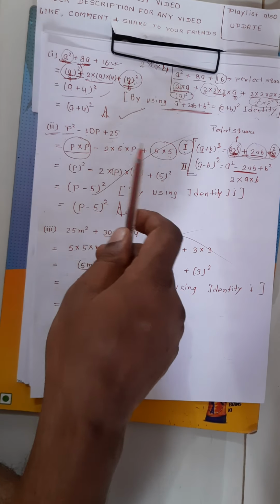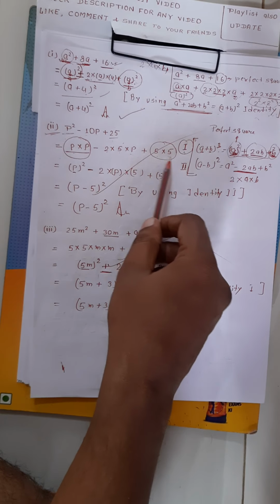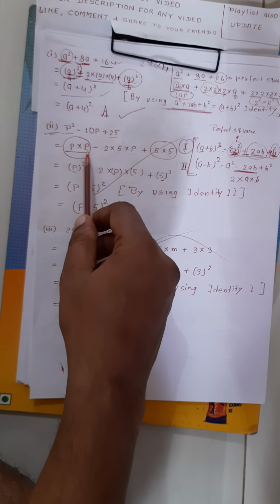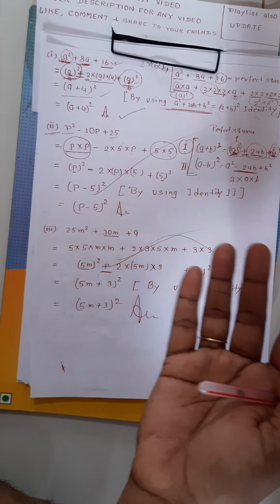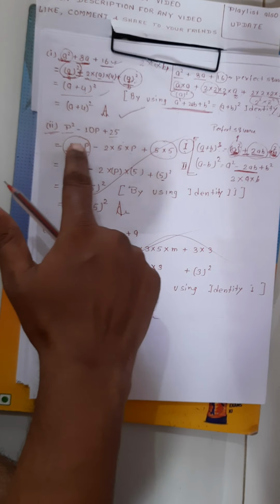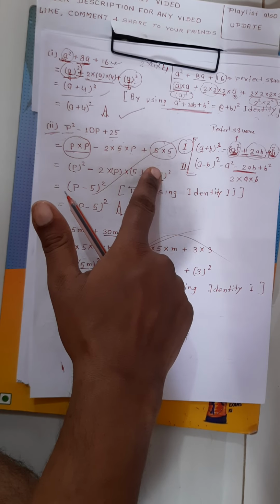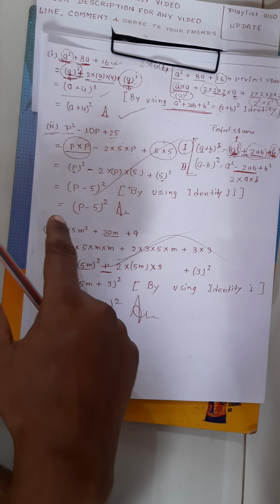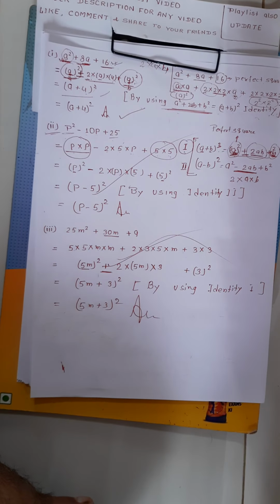Can we take out the common factor here? You check, p is here, p is also here, but p is not here. So definitely there will be no common factor, so we cannot take out a common factor from all these terms. So the common factor method we cannot apply here. Second thing is regrouping. We cannot apply regrouping here because it does not have 4 terms. For regrouping we need 4 terms, and it has only 3 terms.